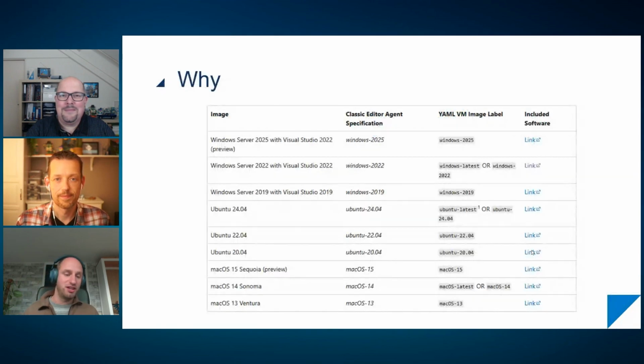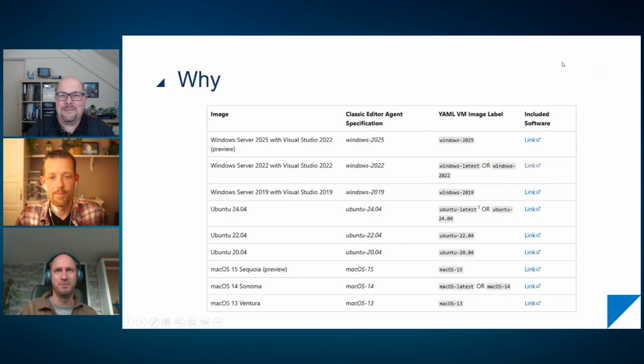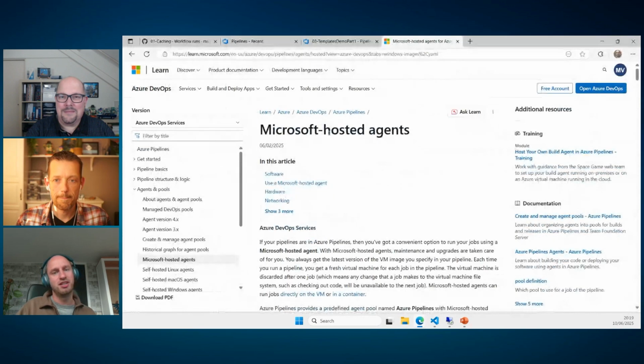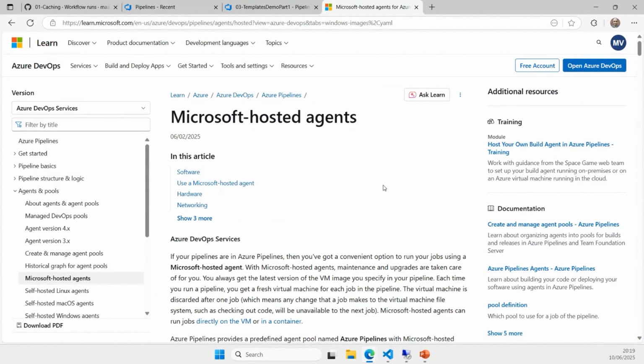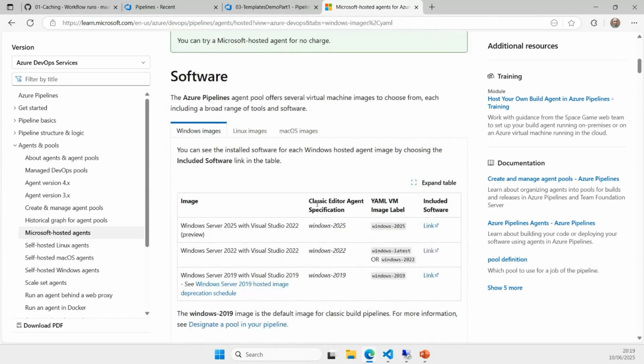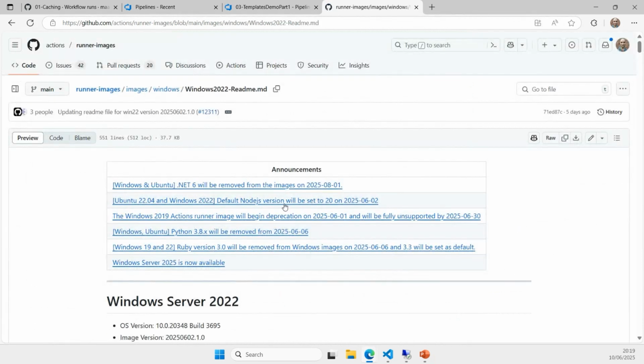Why Azure DevOps and GitHub both? A while ago, I was looking at a page on the official Microsoft documentation, where you can use the Microsoft hosted agents in Azure DevOps. I was scrolling through it, and I thought, hey, what's installed on, for example, Windows Server 2022? I was looking into it, and then I got to a page over here, and then I thought, hey,